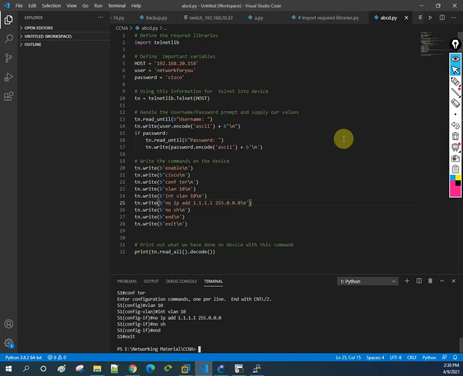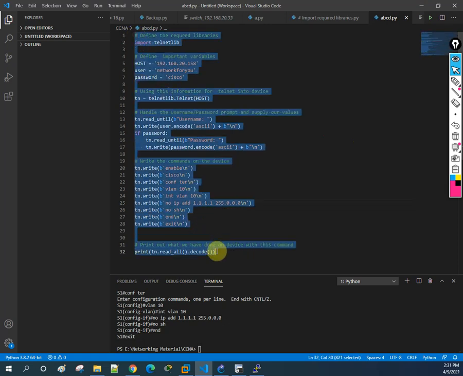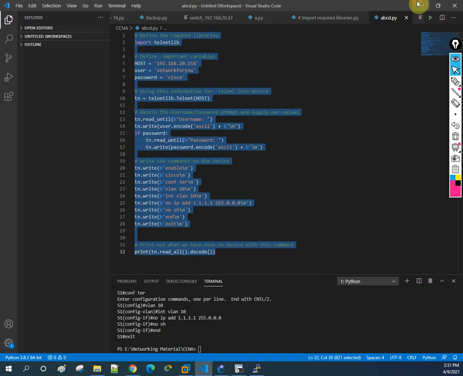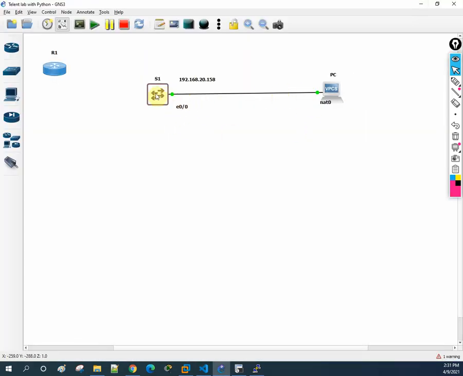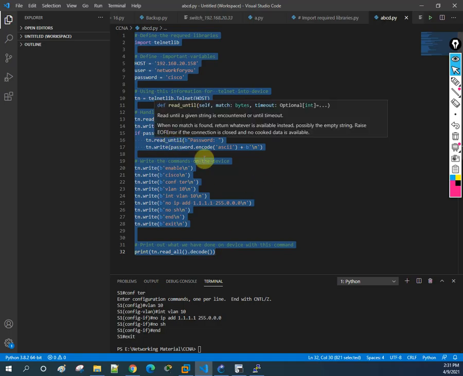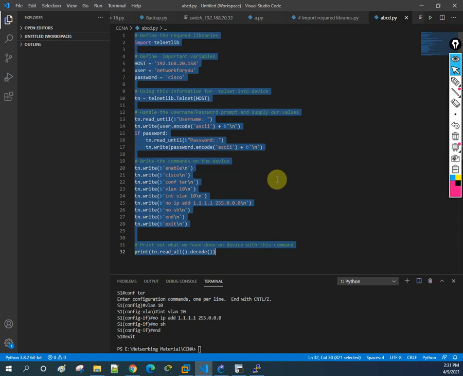You understand this one. See, if you want this code, WhatsApp me. Maybe I will be busy, I will go somewhere outside, but no issue. WhatsApp me and remind me, so I will copy and paste this in your WhatsApp, so you can use this one. Same thing. This is simple only. You can perform this lab with your PC. Okay, you can do this in GNS3 or EVE-NG, no issue. If you want this code, WhatsApp me. I will copy and paste it in your WhatsApp, so you can easily check this one.